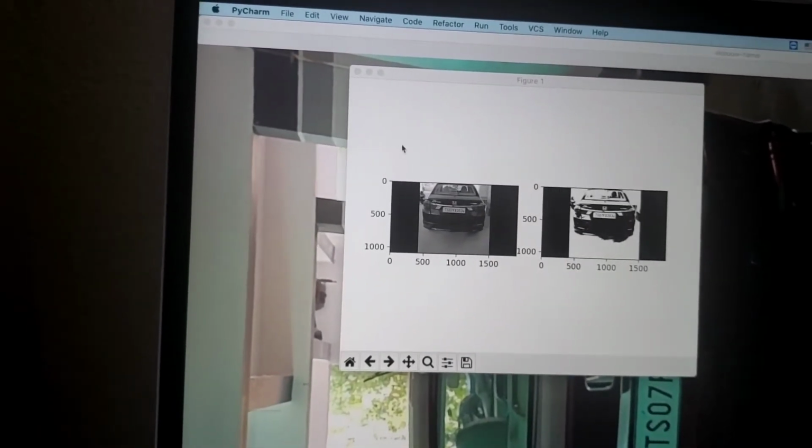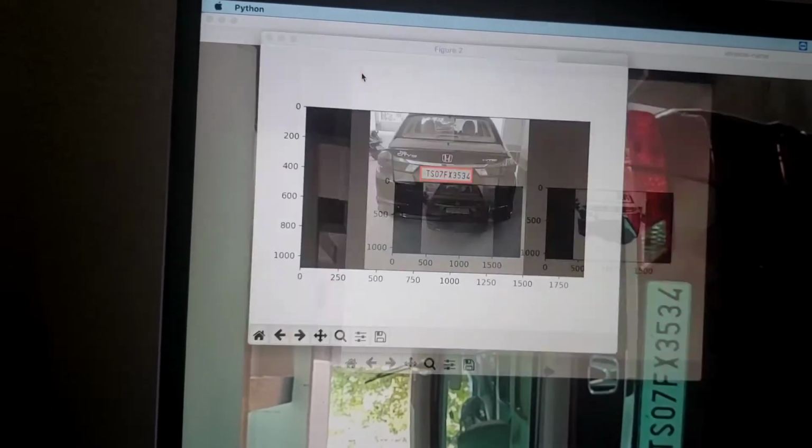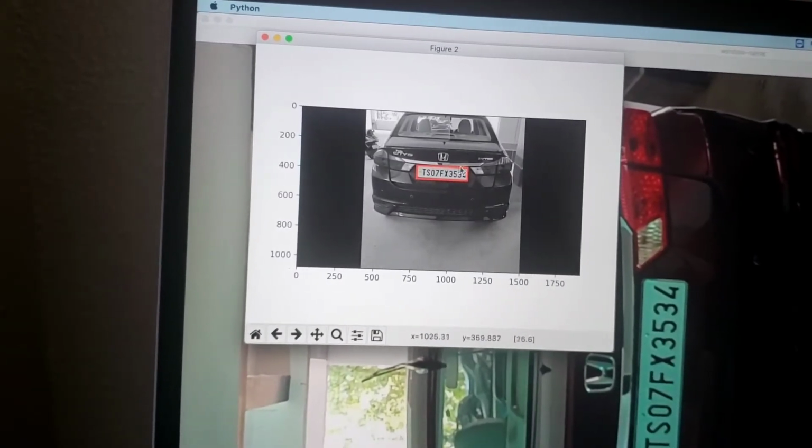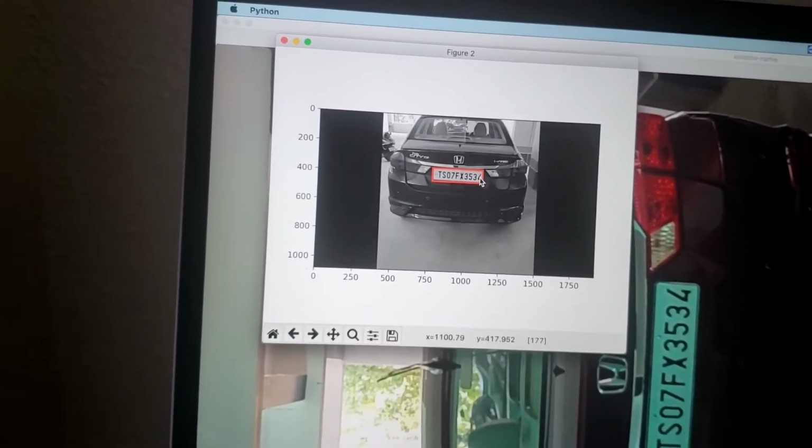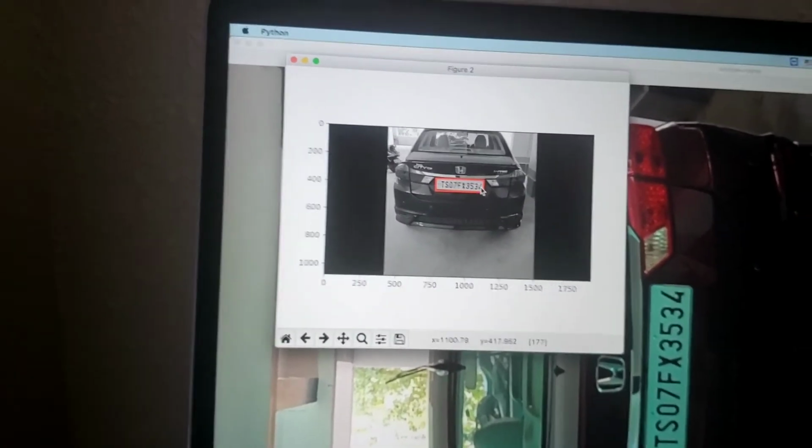After the grayscale, we detect the number plate.